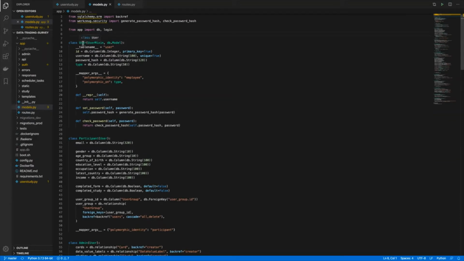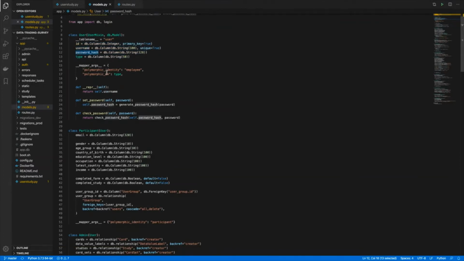Here we have the user table, and each attribute within the class is a column in the database. So ID, username, password hash are all different columns, and you can also create helpful methods for the class to stop you from reproducing code everywhere and make it simpler to interact with an object.